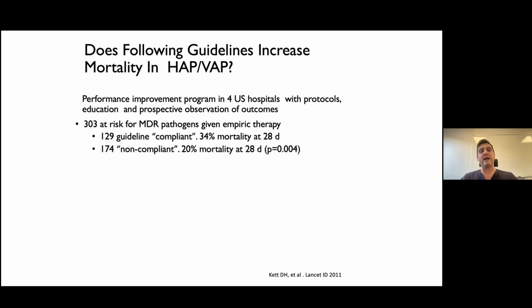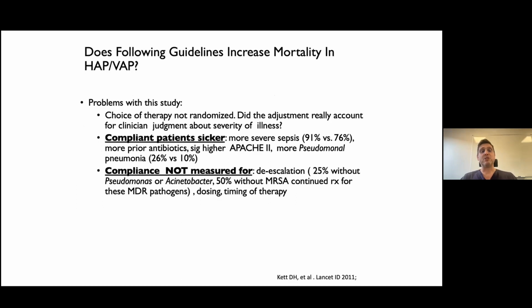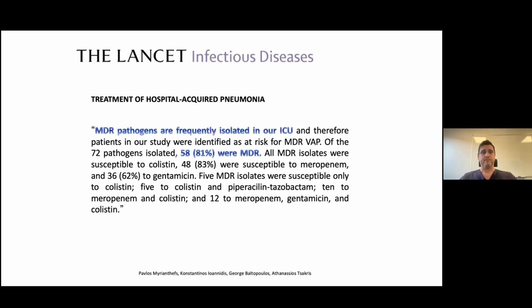Let's look at why this guideline compliance had higher mortality. Probably because these compliant patients were sicker. And this is something that is very important to consider when we are looking at how we are going to treat a patient. And also these guidelines did not account for some particular things, such as the escalation, dosing, and timing of treatment in antibiotics. Interestingly, after this paper was published, there was a very nice editorial from Greece